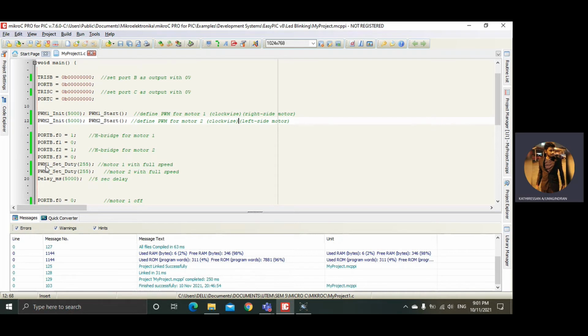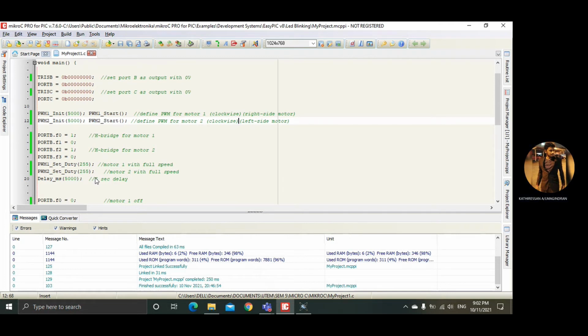And then we set the speed for each motor. PWM1 we set 255 with full speed. Same goes for PWM2, we set 255 with full speed for motor 2.